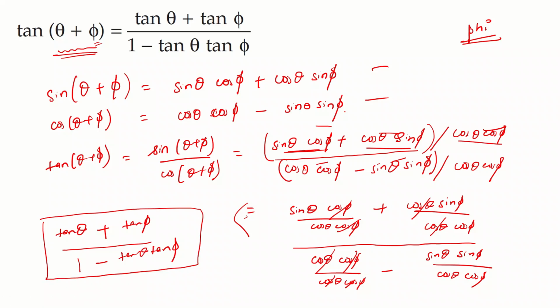Remember that sin of A plus B is sin A cos B plus cos A sin B. Cos of A plus B is cos A cos B minus sin A sin B. And tan of A plus B is tan A plus tan B, the whole divided by 1 minus tan A tan B. So this is given in terms of theta and phi, but you can always remember the formula. In fact, I also remember the formula in terms of A and B, every formula. So tan of A plus B is tan A plus tan B by 1 minus tan A tan B. Remember these three formulas, and you can apply them anywhere you want where it will be giving you some useful